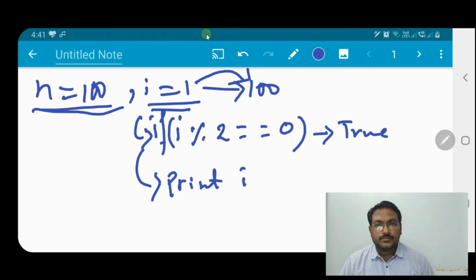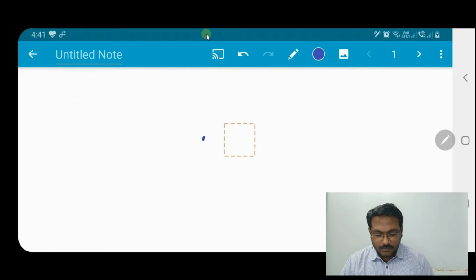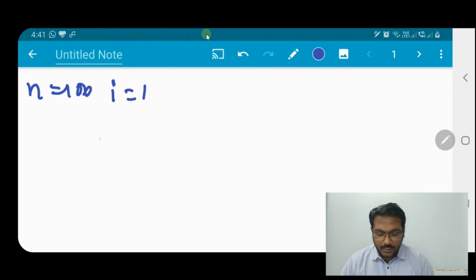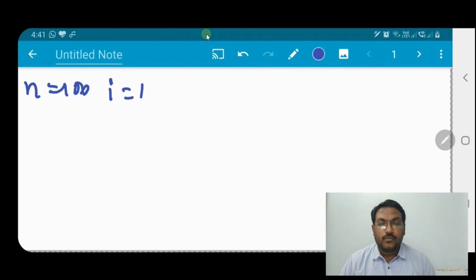Fine. So how can we write this in a while loop? So let us write this in a while loop. To convert this to a while loop, what all things do we have? We have n equal to 100, we have i equal to 1, and we have to convert this into a while loop.